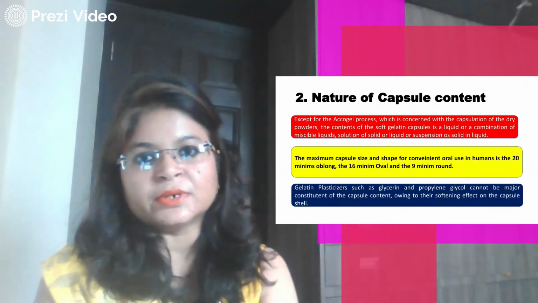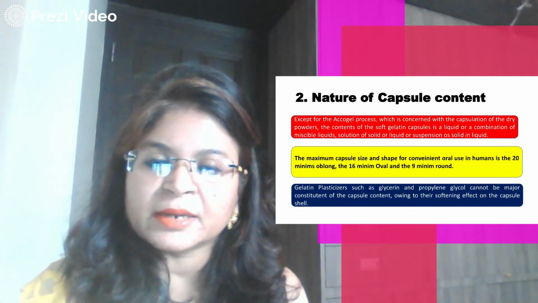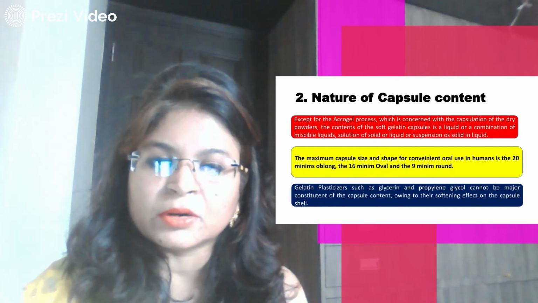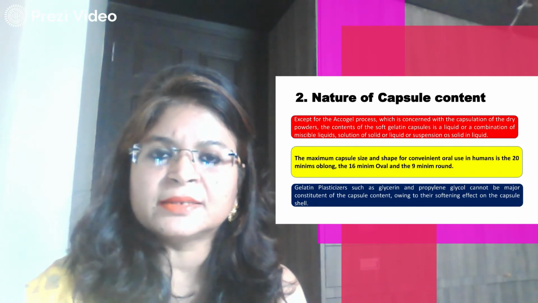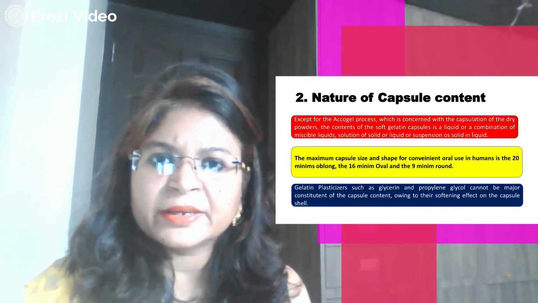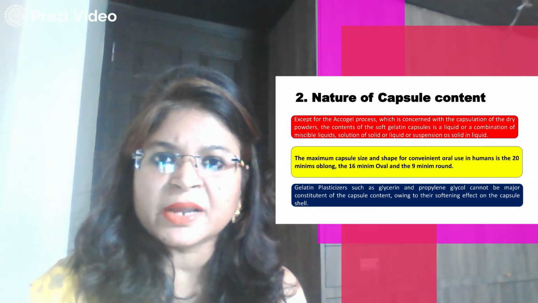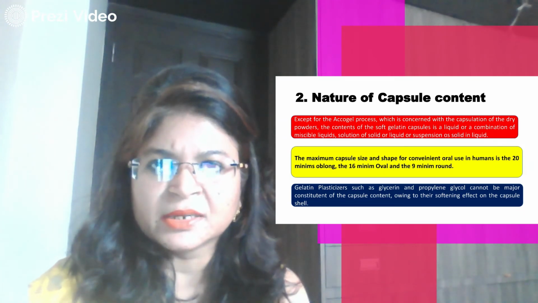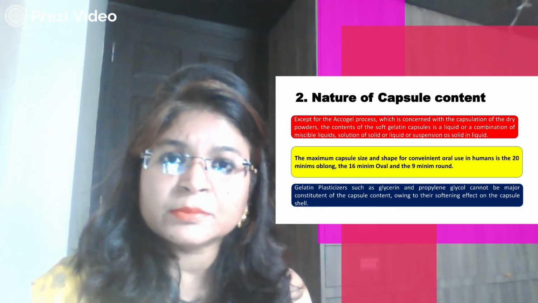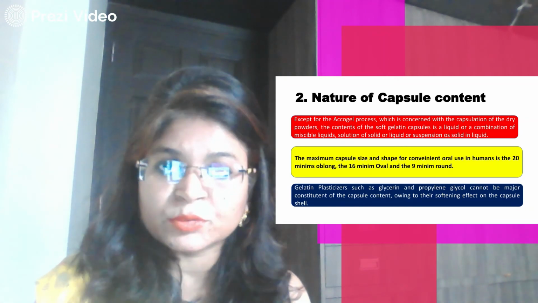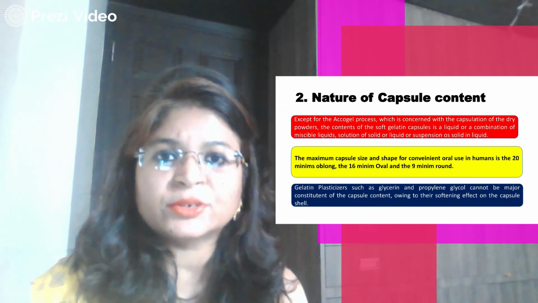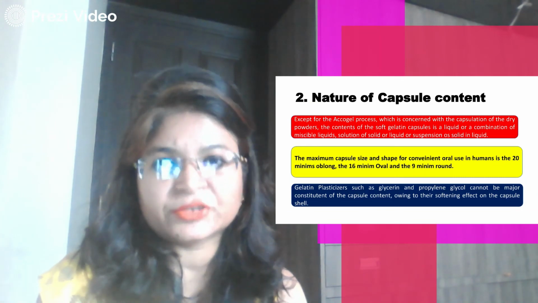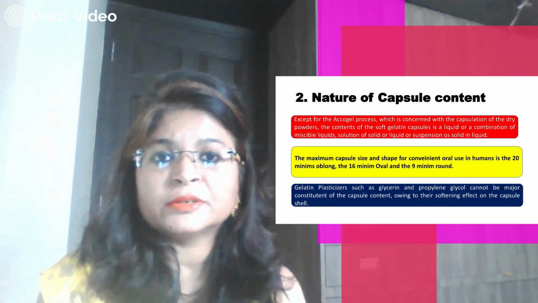Now, one thing very important to understand is that when we talk about soft gelatin capsules, if we fill them with water or a water-based liquid, the water from the solvent will migrate to the capsule shell. What will happen if this migration happens? The shell of the capsule will become very soft and it will not serve its purpose. It is also found that the water from the gelatin shell also passes on to the encapsulated material. So this migration actually happens, but it should not ultimately affect the stability of your soft gelatin capsules.